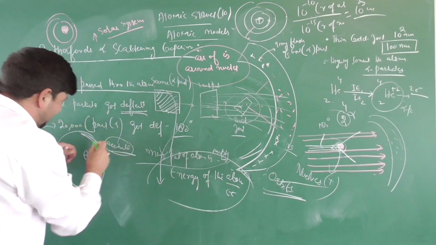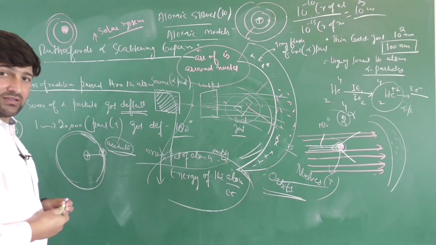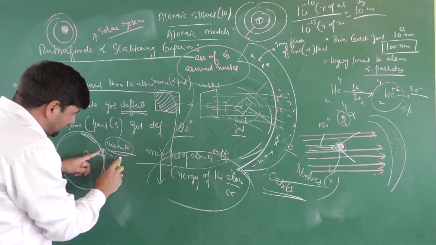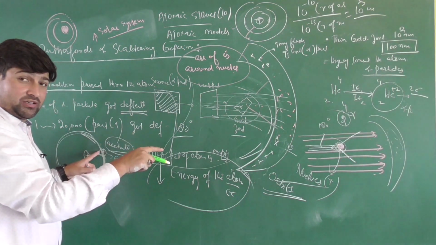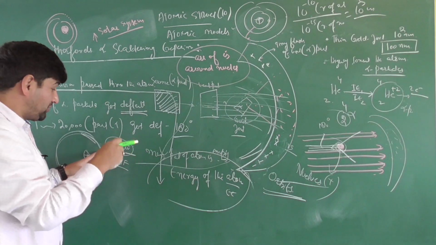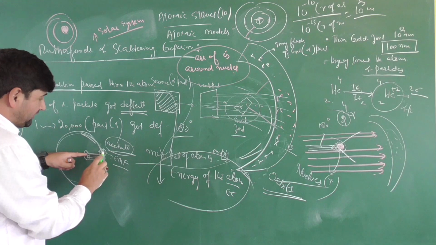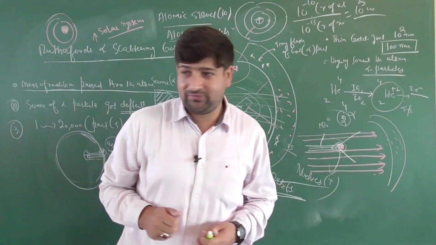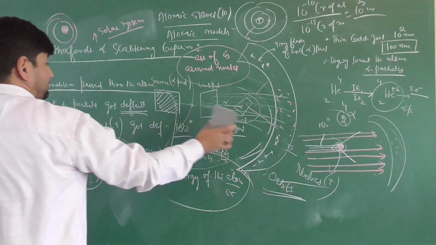For it to accelerate regularly, because it is continuously changing what? Direction. And an accelerated charge will always produce an electromagnetic field. So according to Rutherford's model, there is a drawback. What is it? Once it produces an electromagnetic field, it will keep losing energy. And when it is losing energy, what will be the consequence of that?